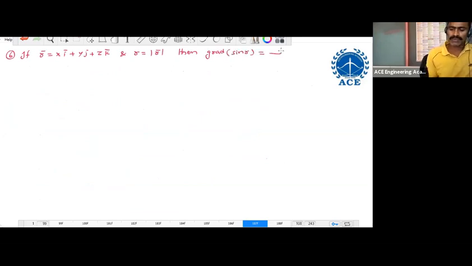Next, problem number 6. If r bar equal to x i bar plus y j bar plus z k bar and r equal to modulus of r bar, then gradient of sine r equal to,